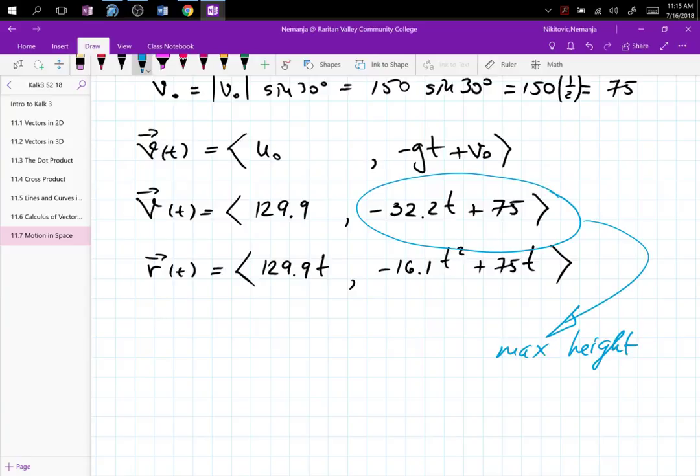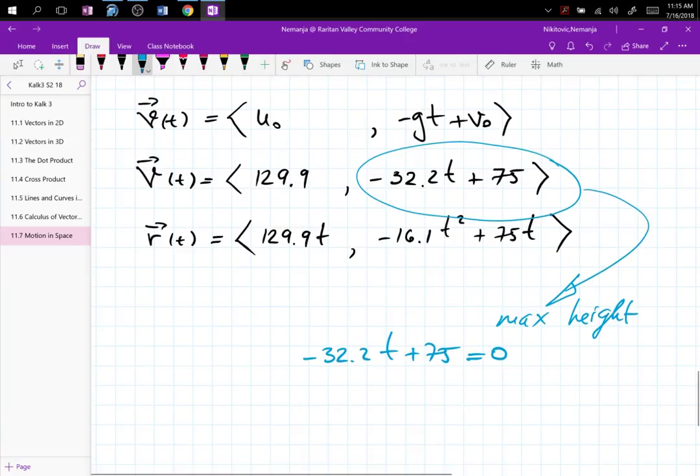So if we take negative 32.2t plus 75 and set it equal to 0, you will find the time at which maximum height occurs. So the time is negative 75 divided by negative 32.2, and that's going to give us the seconds. So 2.3 seconds